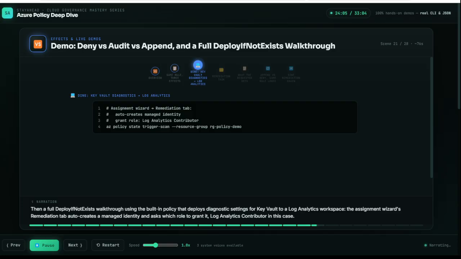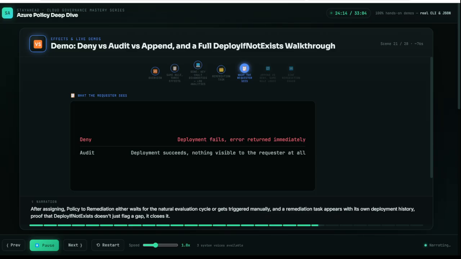workspace. The assignment wizard's remediation tab auto creates a managed identity and asks which role to grant it, Log Analytics Contributor in this case. After assigning, Policy remediation either waits for the natural evaluation cycle or gets triggered manually, and a remediation task appears with its own deployment history, proof that DeployIfNotExists doesn't just flag a gap, it closes